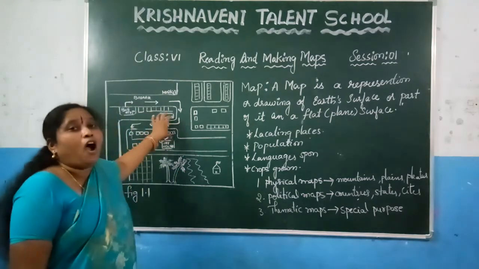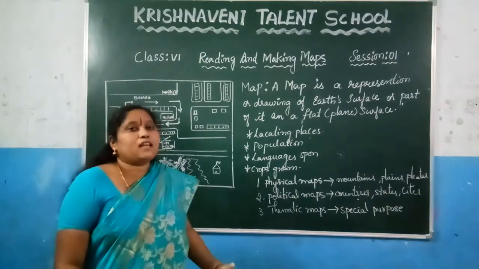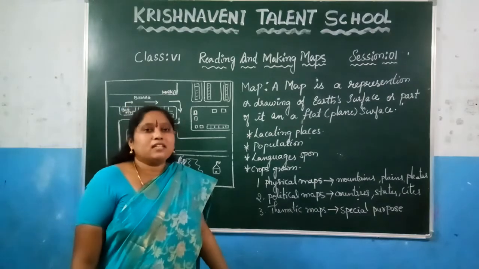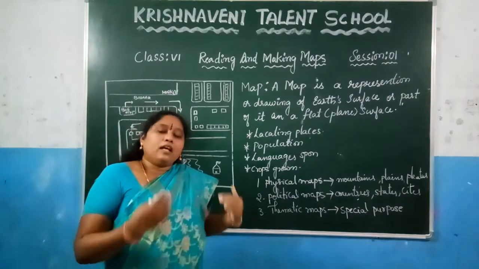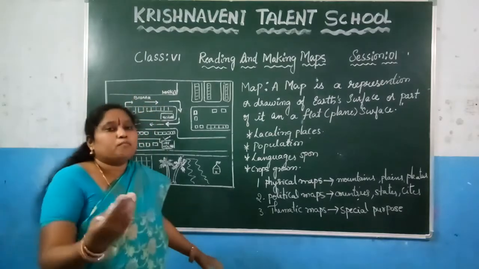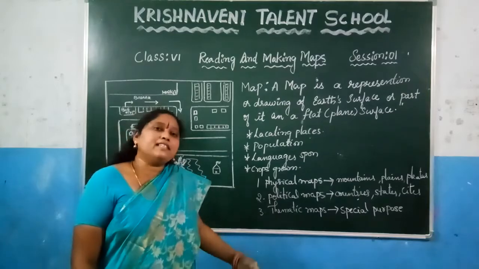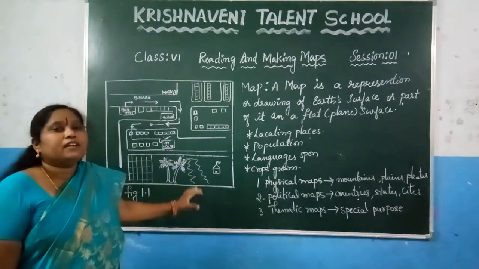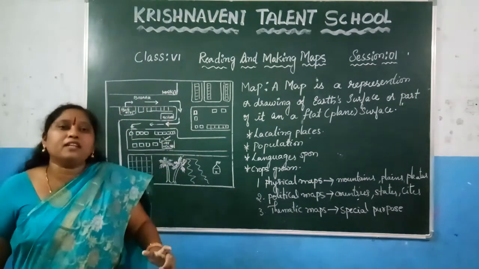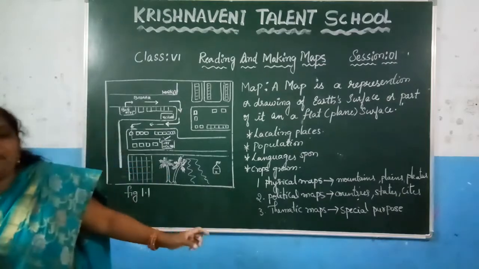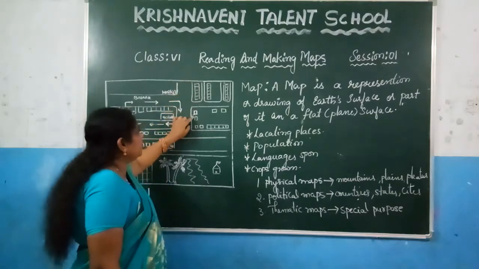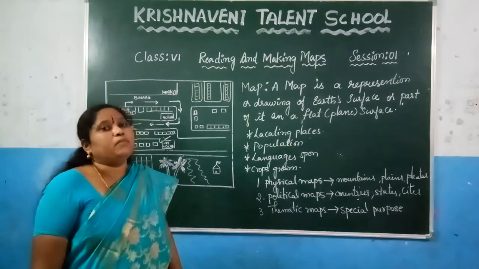And she has to mention how much distance she has to travel. For example, from the bus stop to Malika's house, if it is 2 kilometers, a person can't walk 2 kilometers, isn't it? If the distance between Malika's house and the bus stop is 2 kilometers, Laila might have hired an auto and easily reached the house if directions and distance were mentioned in the map. So the most important things that should be mentioned in the map are directions and distance. Here houses are made in different signs. These are known as symbols.